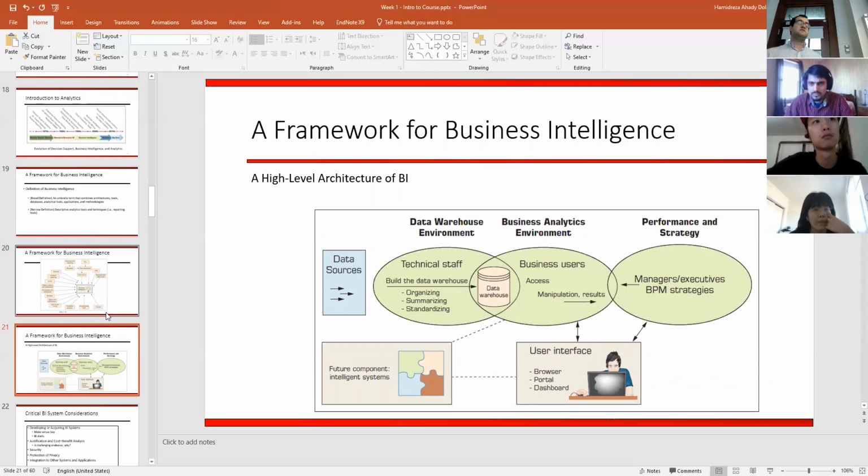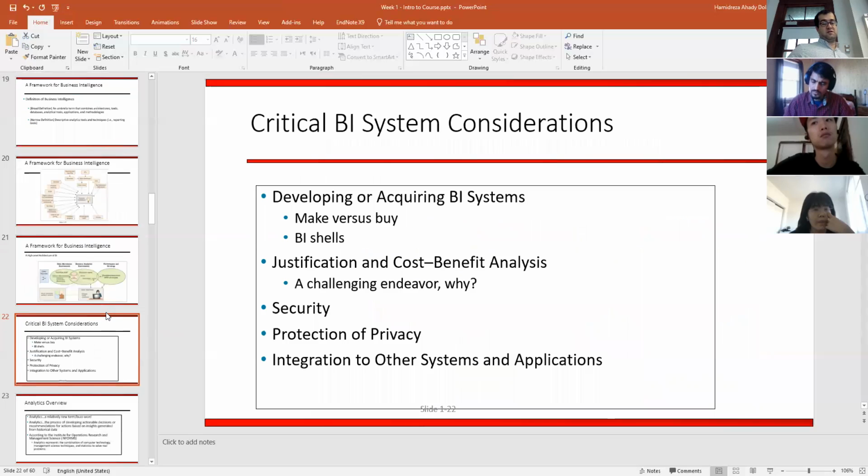So there is actually no general definition. Generally, we want to read the current situation, find the issue, and find the solution. This is the overall thing that you do in business intelligence, and there are so many models and tools, which we learn some of them in this course.